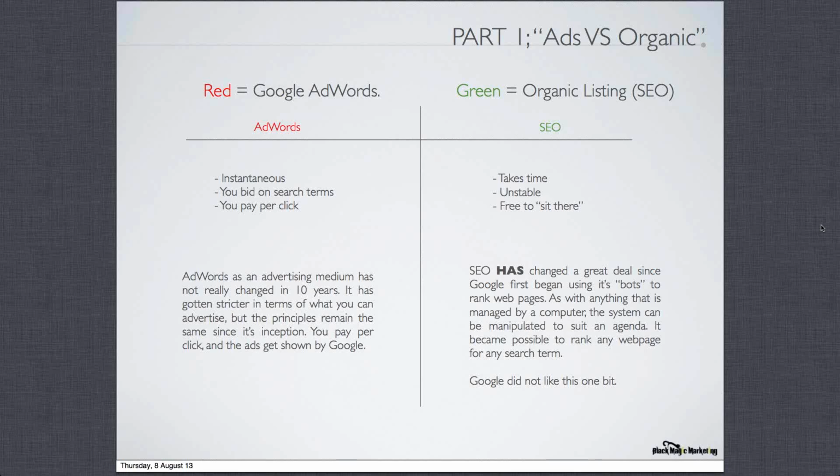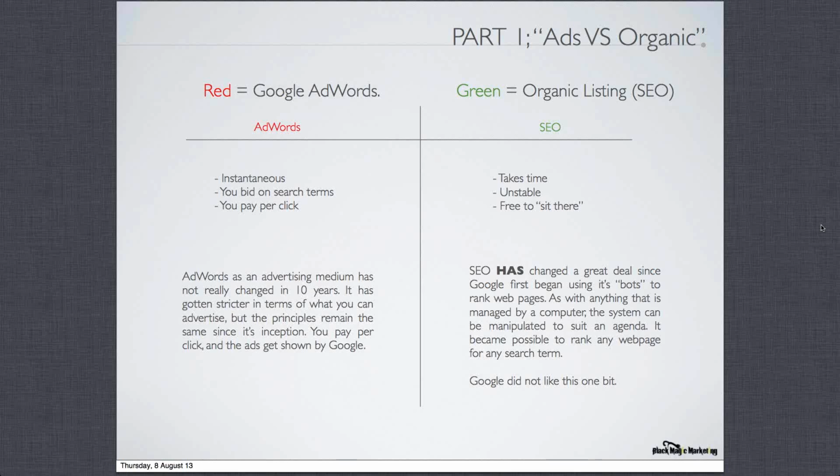So just a bit of an overview on the difference between the two, because I think it's important to note the difference. AdWords is an advertising medium that hasn't really changed in 10 years. It's a pay-per-click, so you pay per click, depending on the search term. For something like golf clubs, you might pay $1.50 every time someone clicks on it. For something else, I know, for example, that life insurance will cost you about $90 per click. So depending on the term, it indicates to Google whether that's a really profitable term for a business, and they'll charge you more for it.